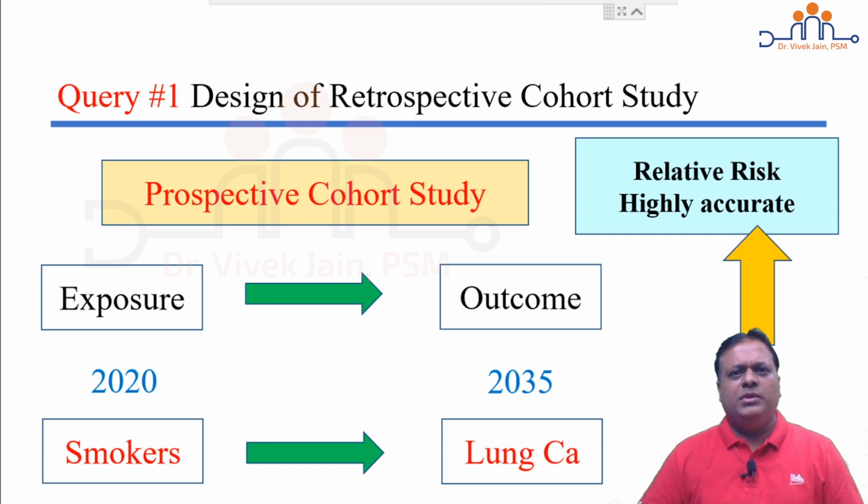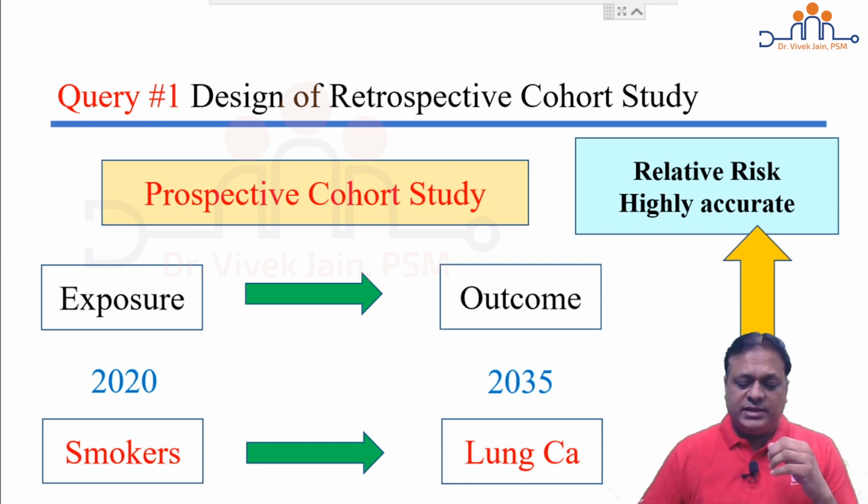Now, this prospective cohort study is a very good study design to estimate association between cause and effect. But friends, you tell me by looking at the scheme, what is the major limitation of a prospective cohort study? Yes, time. If I ask you, suppose, please do a cohort study, you will think in your mind, oh, I will now have to wait for 15 years for my result. Now, 15 years is a very long time. Although this may be a slightly more accurate study, but suppose I don't have 15 years with me. So what I will do is, I will try to do a study in a exactly opposite direction, which will help me save my time.